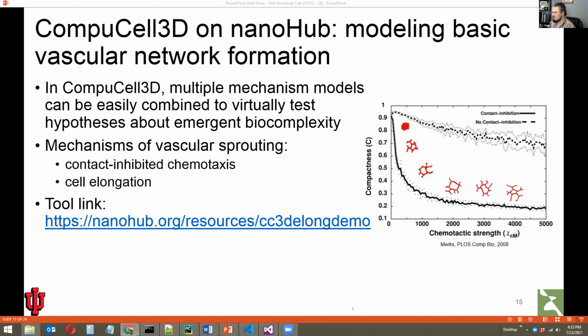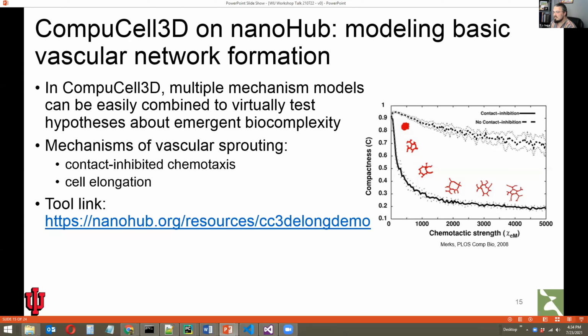We also develop more educational tools. I put a link in the chat, and that is to a tool that corresponds to this particular simulation. It's one of my absolute favorites that got me intrigued about cell-based modeling in general. And that is CompuCell-based modeling work on vascular network formation.